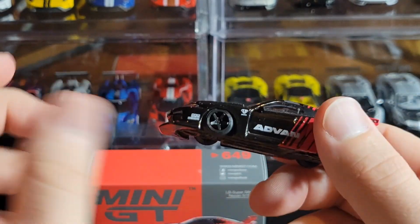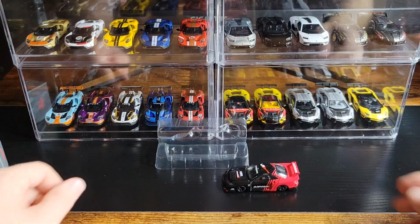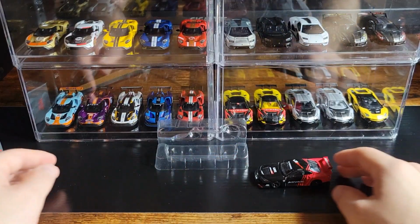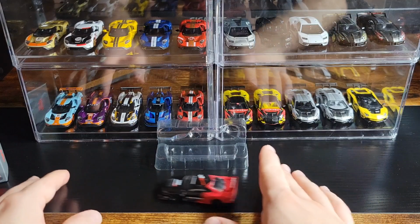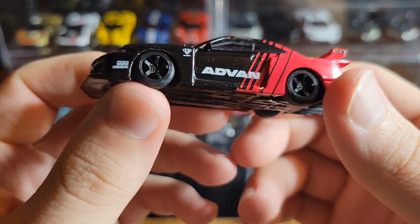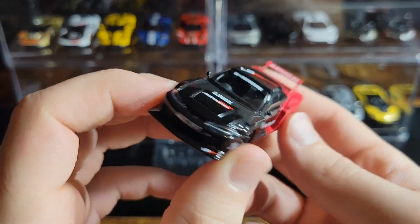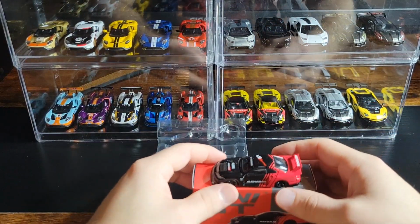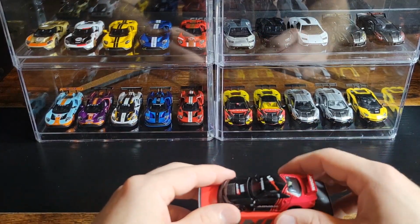And for the roller heads, I know you guys have been enjoying that. Mini GTs always roll, so you never have to worry about that. They roll nice and smooth, no issues, even with these stretched tires. And with the stance being really close to the fenders, these models roll extremely well. So yeah, there's that. Now let's jump into, I wouldn't say the main attraction, but it's pretty much the main